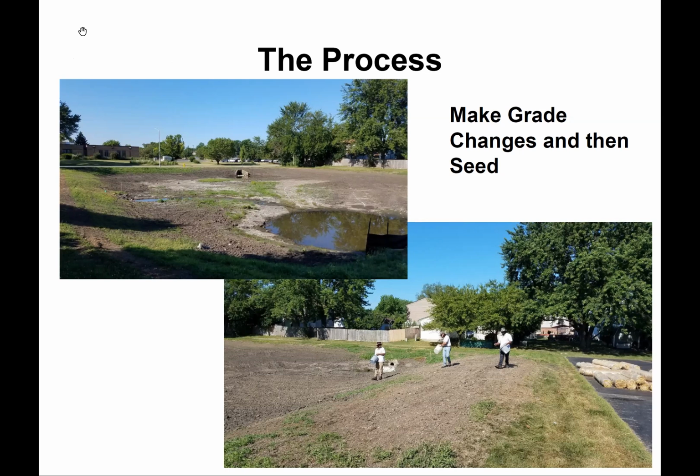So this basin was then, at this point, after the grading had been completed and it dried out, crabgrass has started to grow back, so we had to come back in and kill the crabgrass out a second time. We waited about 2 days and we came in and then did our seeding. We broadcast the seed by hand in 2 directions to make sure that we get good cover on it. And then if you want to go to the next slide,